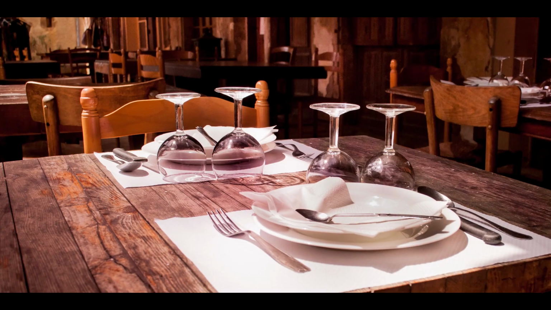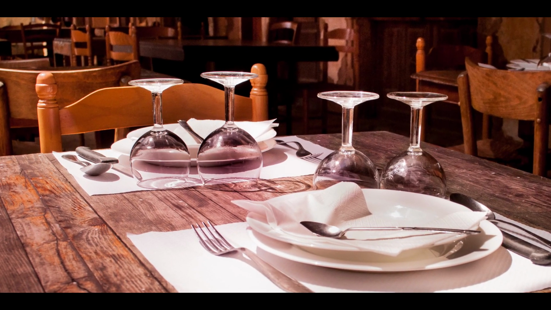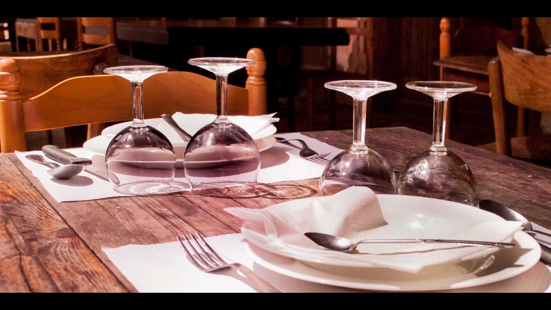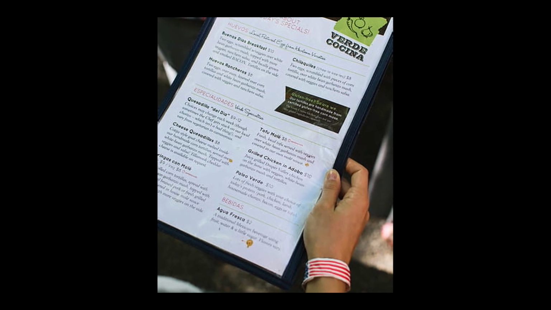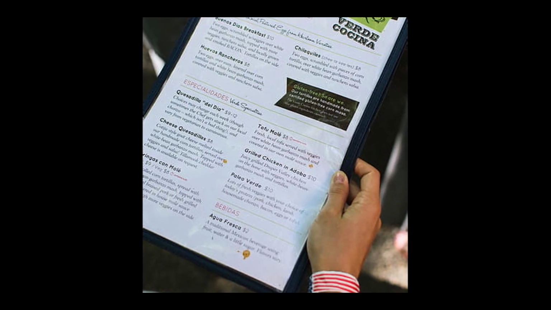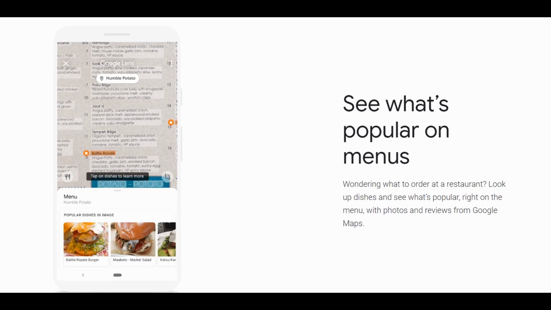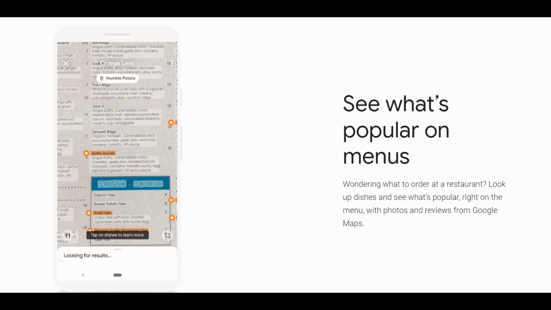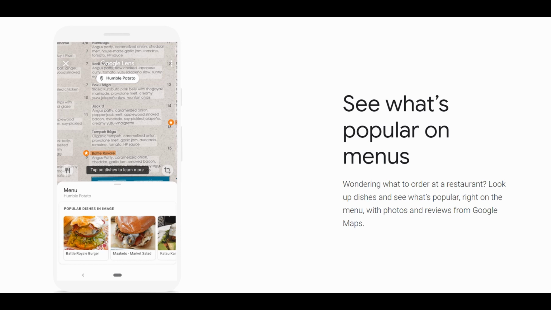Suppose you are in a Spanish, Italian or Chinese restaurant and you got a menu that has no photos and the menu is in Spanish or Italian, then you may get confused and wonder what to order. Don't worry, use the Google Lens app to scan the menu and it will tell you the name of that food that was mentioned in your menu and also give you some pictures of that food. Now you can order a food that you love and you can enjoy your meal.